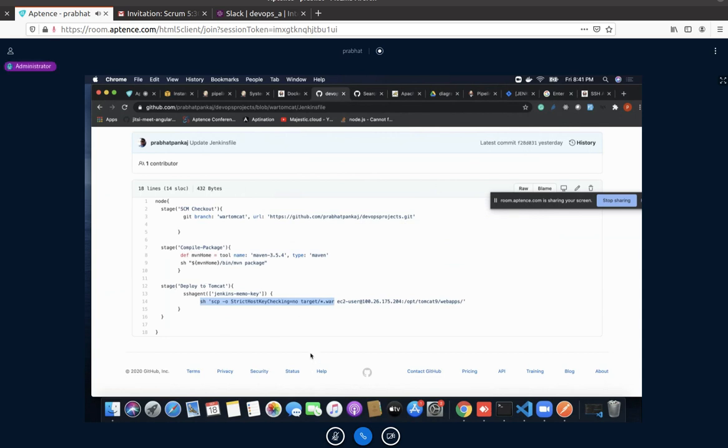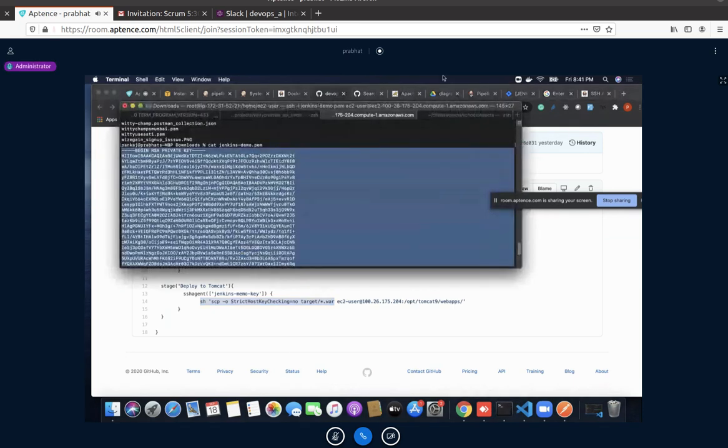So let me access my Jenkins server first.